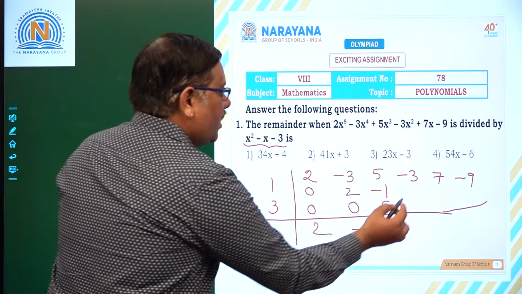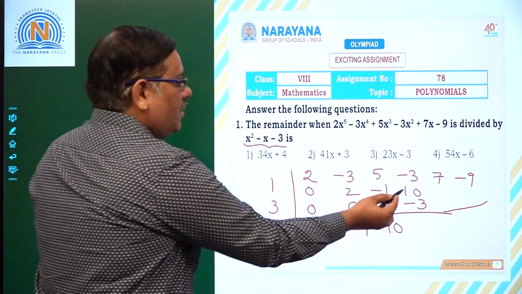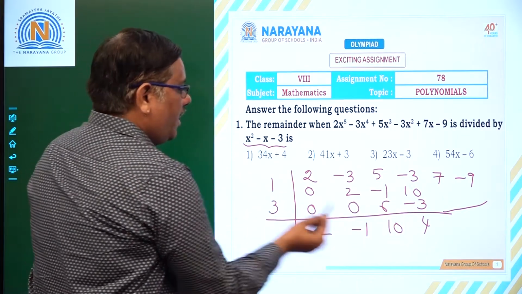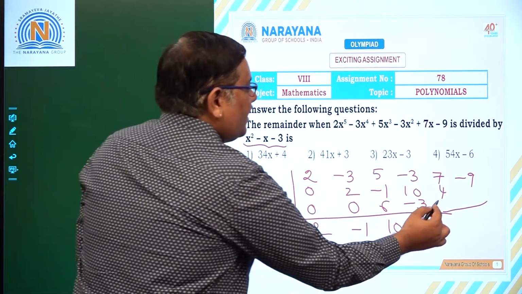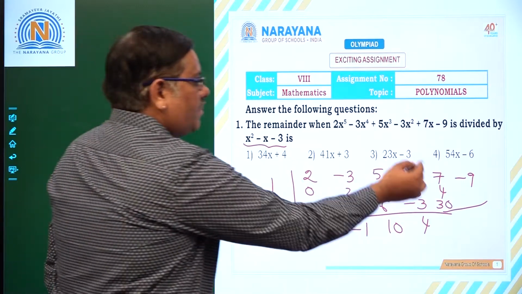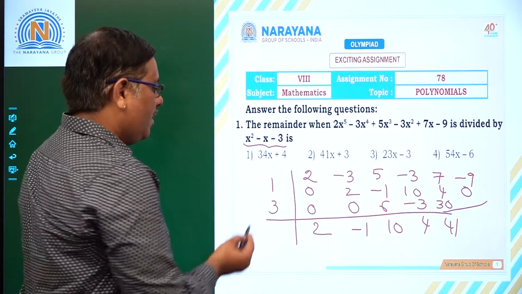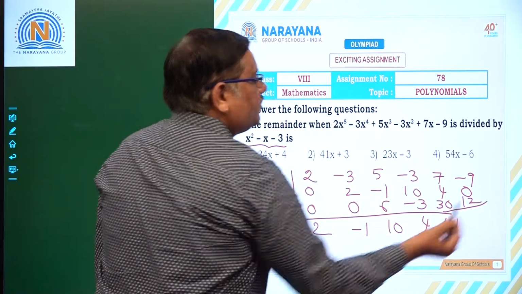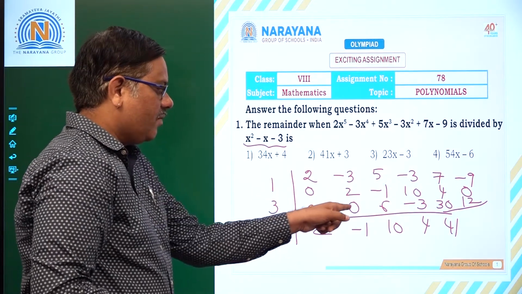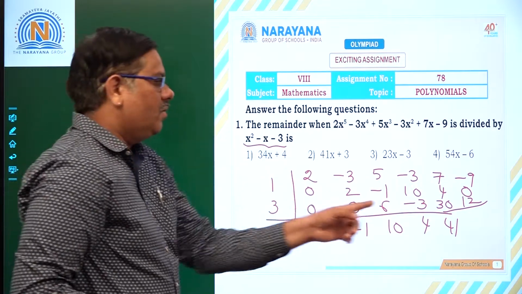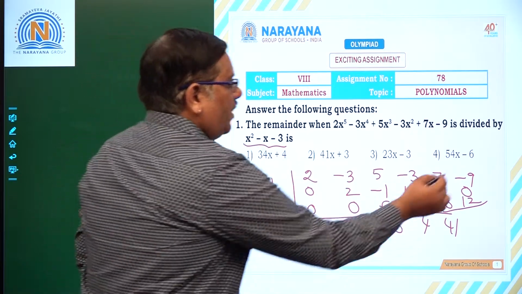Then again 1 into 10, 10. 3 into minus 1, minus 3. Fine. Now 10 minus 6, that is 4. Next 1 into 4, that is what you have to write, 4. Then 3 into 10, that is 30. Now the sum of this is 41. Next here you have to place 0. Then 3 with 4, that is 12. You have to place 0 here. That is always for every problem, the same: two zeros and here one 0. It is 0 at the end. Now this 12 we get by multiplying 3 with 4. Fine. Now we have this as 3.